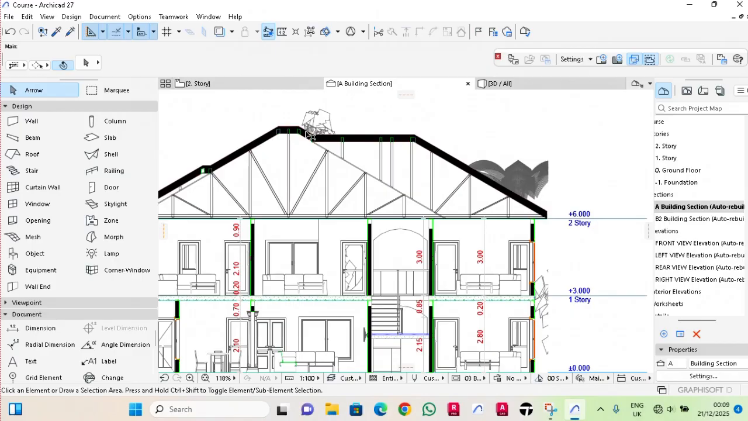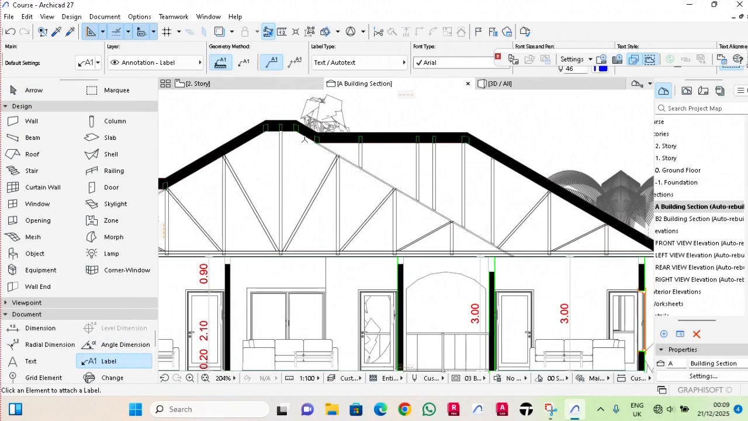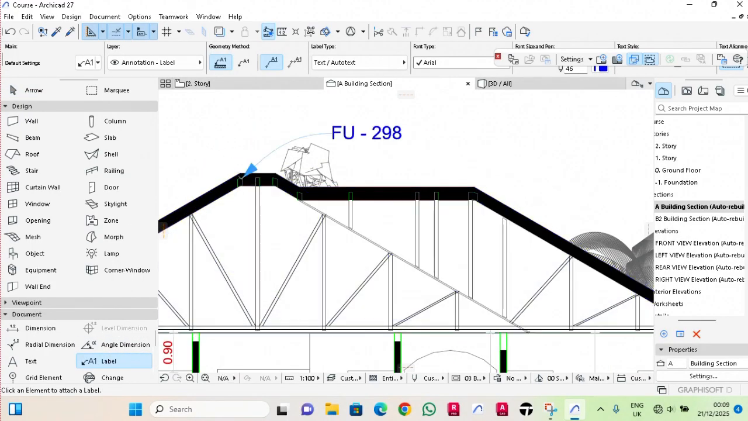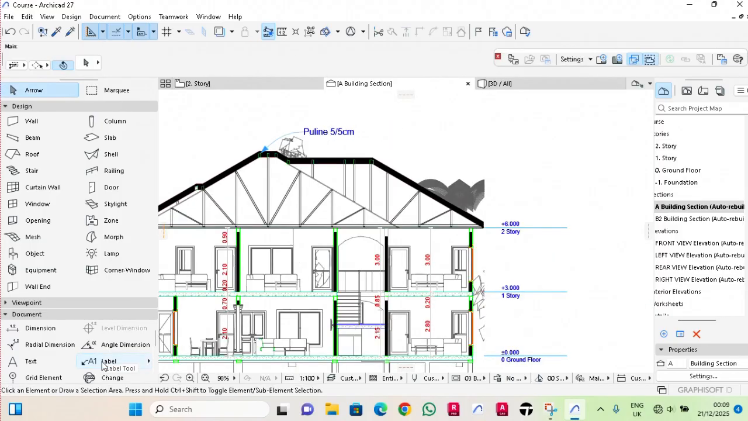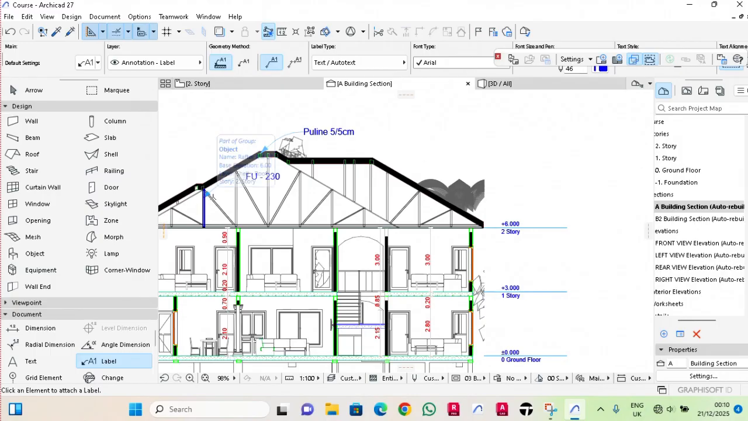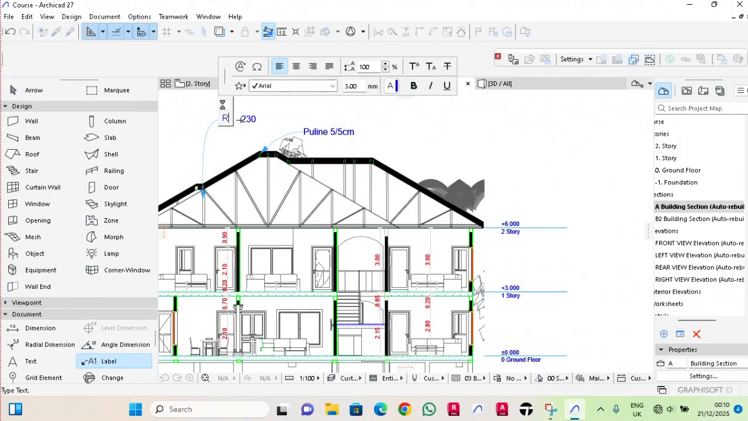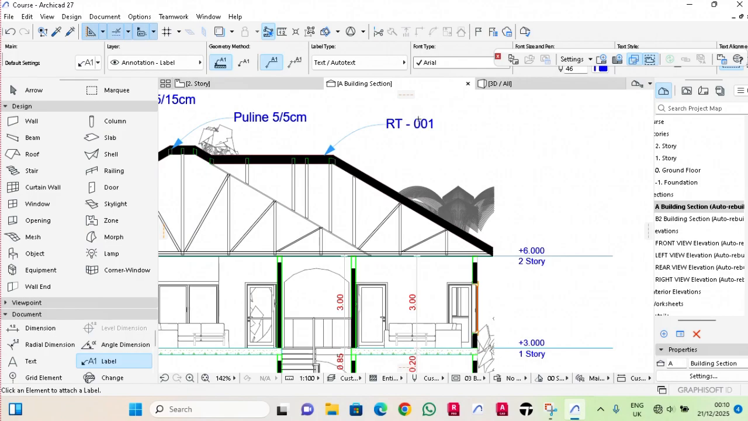We are going to annotate, so start from this point. This is the polyline, so you're going to click this, type in polyline. That's 5 cm. On that level, we're going to click this and we like to call this rafter 15 cm. We're going to call this roofing sheet